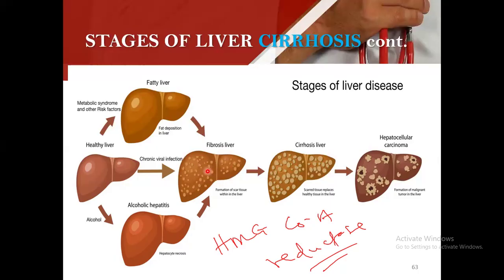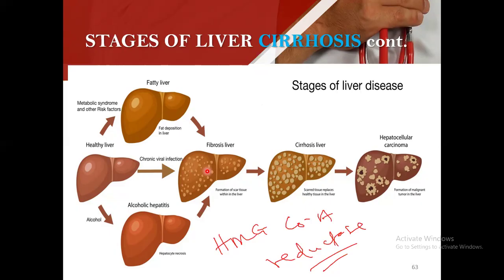Over there, whatever you are doing, you stop doing it so that the liver can be reversed, because over there, it can be reversed. That's why in stage 1 cirrhosis, there can be reversal. Stage 1 is more with fibrosis. When you get to stage 2,